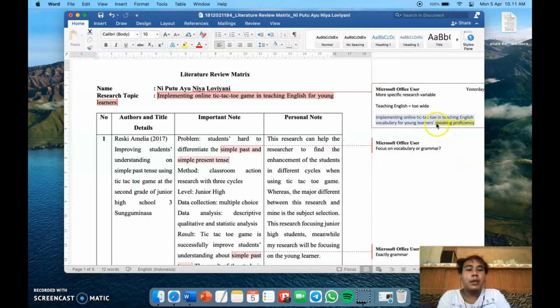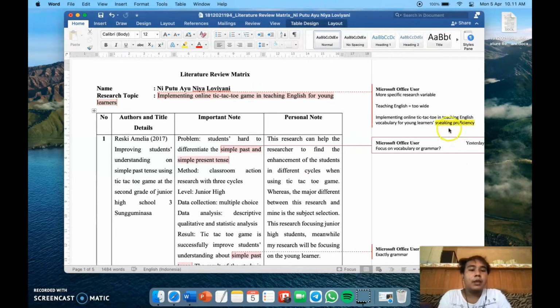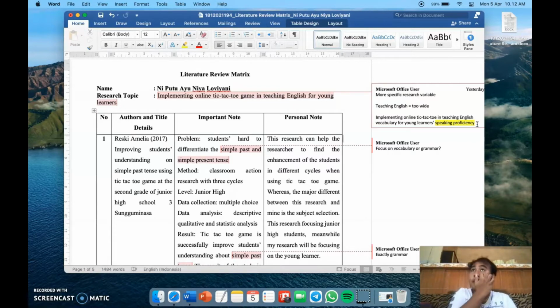So here, about the speaking proficiency, I can also conclude from your research problem that you want to focus on improving students' speaking proficiency by enriching their vocabulary. But the speaking proficiency is not a must for you, because like what Mr. Harris said before, for the bachelor degree at our level now, two variables are enough for